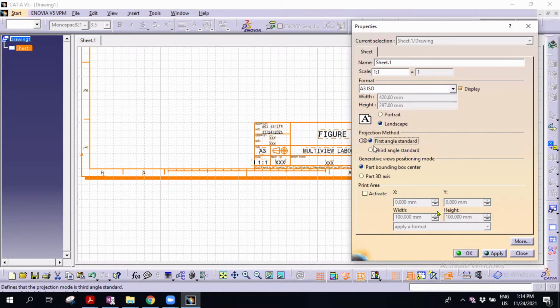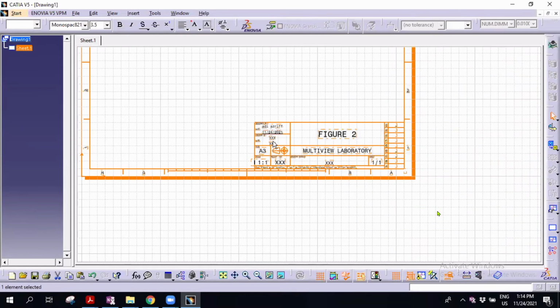In order, okay, let me try first, I also have to check again. Okay, did it change? It won't change, so you need to change again to active sheet.